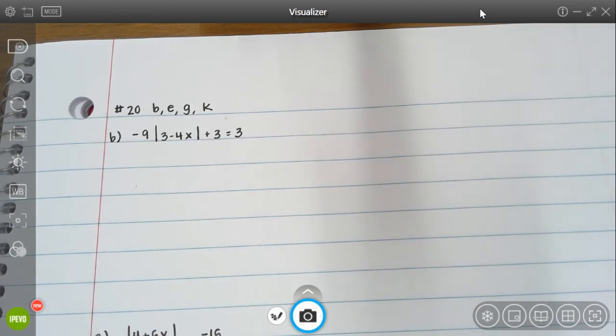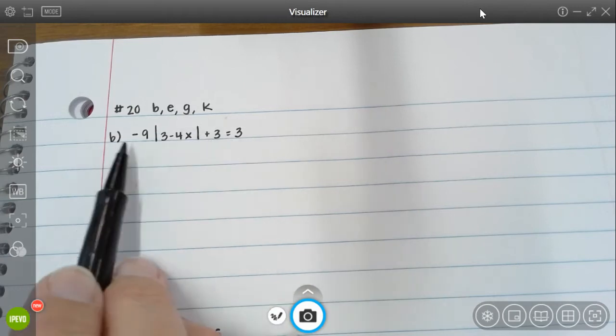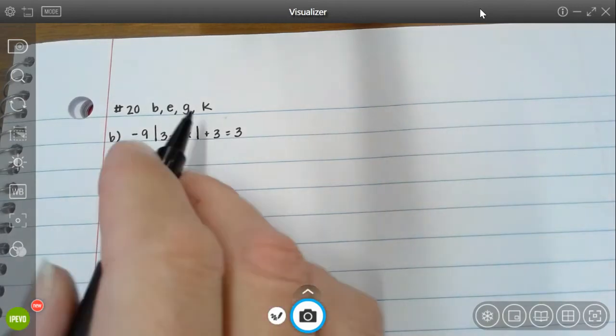Okay, so as promised, I wanted to go over some of solving absolute value and inequality equations, the ones that we didn't get to solve today in class. So anything like B and E, well, even G and K, remember that before we do any sort of operations, we want to make sure that we're getting the absolute value symbols by themselves. So I need to undo this 3 and I have to undo this -9